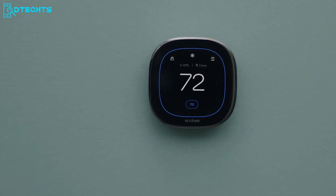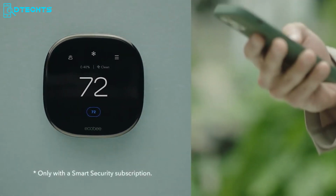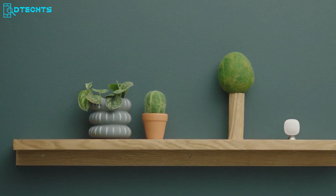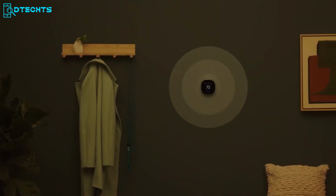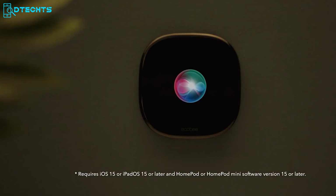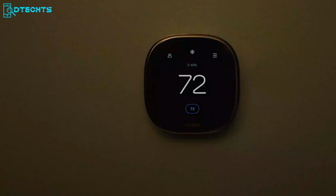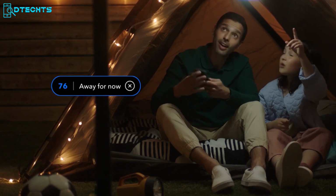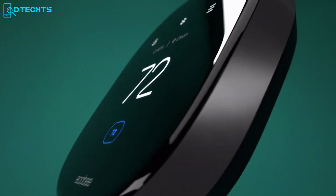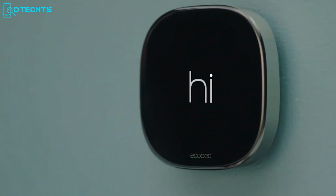One of the standout features is the built-in air quality monitor. This sensor provides real-time information about your indoor air quality and offers tips on how to improve it. Plus, the smart sensor included in the package helps manage hot or cold spots in your home, ensuring every room stays comfortable. With an integrated smart speaker, you can choose between Siri or Alexa and control your home with voice commands. When it comes to energy savings, this thermostat truly shines. Ecobee estimates you can save up to 26% on your annual heating and cooling costs. The smart scheduling and occupancy detection features adjust the temperature based on whether you're home or away, maximizing efficiency. With seamless integration, a user-friendly interface, and energy-saving capabilities, the Ecobee Smart Thermostat Premium is an excellent upgrade for any